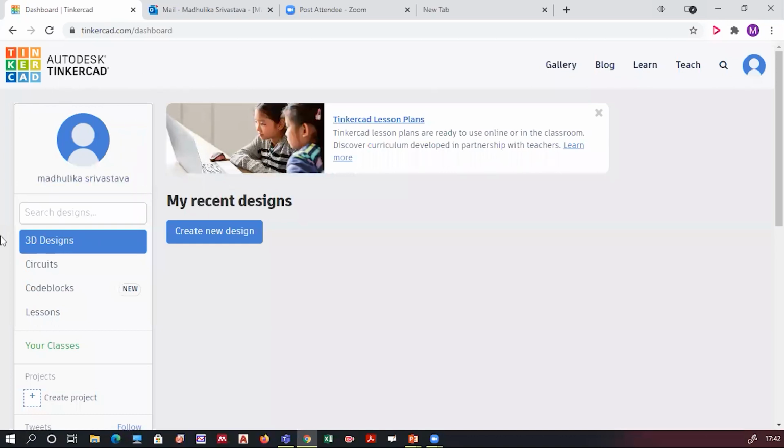After this, all of you, please click on create new design. Just follow with me. If you want me to repeat any of the process again, just go to your chat box and write over there, repeat. So go to your dashboard and click on create new design.